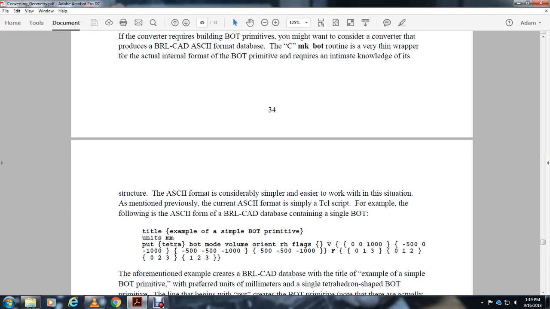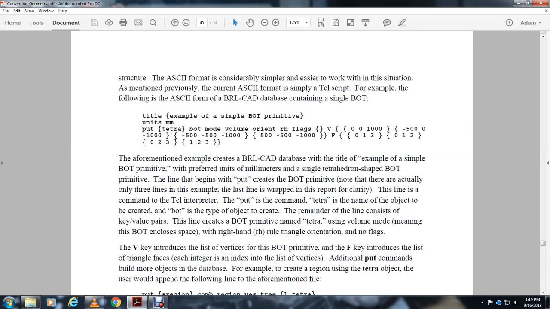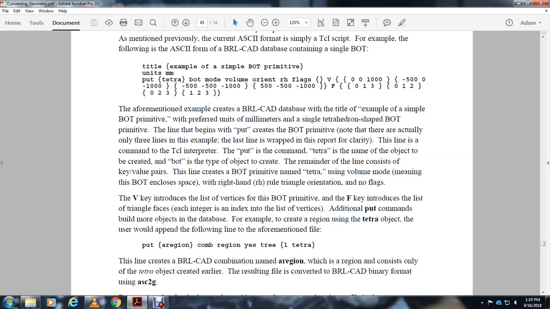ASC2 format is considerably simpler, easier to work with in the situation mentioned previously, and simply with the TCL script. For example, the following ASC2 format BRL-CAD database of the bag of triangle. For the aforementioned example, to create the BRL-CAD database for the table example, the simple bag of the triangle with the preferred unit, the millimeter, single tetrahedron with the bot with the bag of the triangle with the primitive line with the beginning with the plot with the create the bag of the triangle